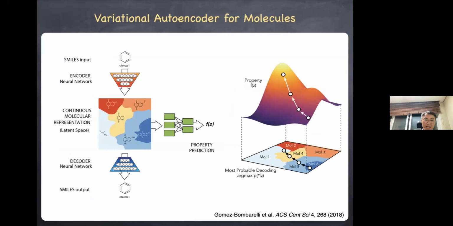Along the training of this autoencoder, you can add a separate property prediction model. By adding this property prediction model, you can restructure the latent space. You can see that these red regions and yellow regions correspond to different property regions. Once you know such a property-embedded latent space, then you know where to sample. You can even do some kind of optimization by using the gradients of the property.